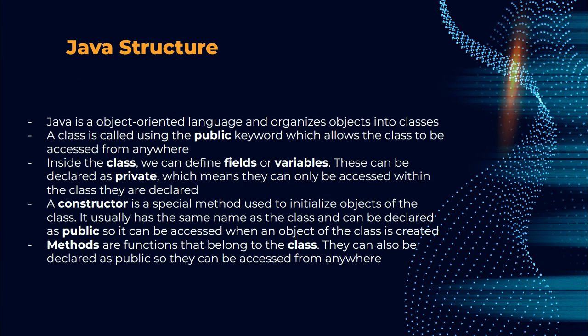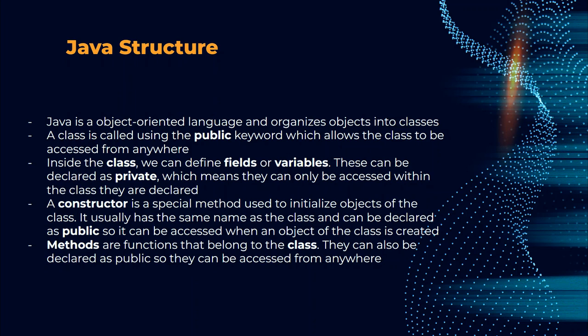Now let's talk about Java structure. Java is an object-oriented language that structures its programs around objects, which are organized into classes. These classes serve as blueprints for creating objects, encapsulating related data and behavior. A class in Java is typically declared using the public keyword, which signifies that the class can be accessed from any part of the program. This accessibility promotes flexibility and interaction between different parts of the code and helps you tremendously when doing